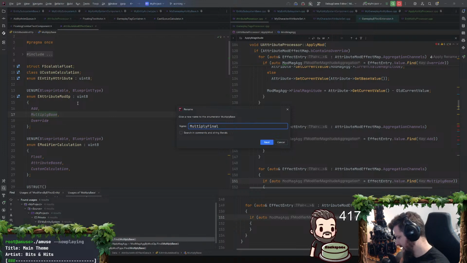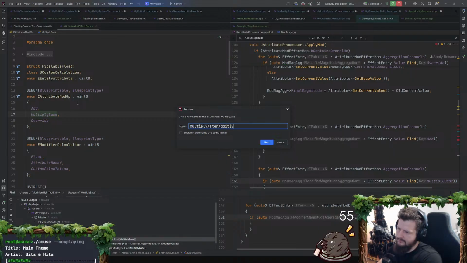There's different points in the calculation. So we would do add base. I wonder, should I have ones for separate? Let's not worry about that. This is going to be after additive.